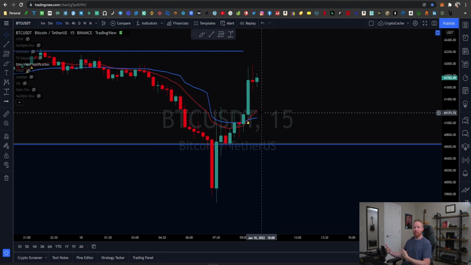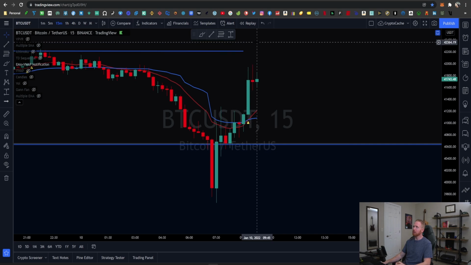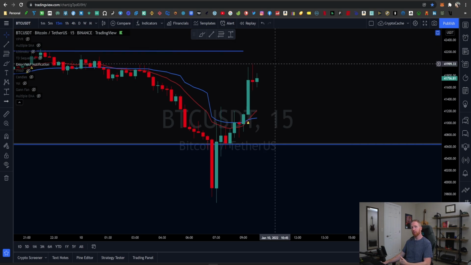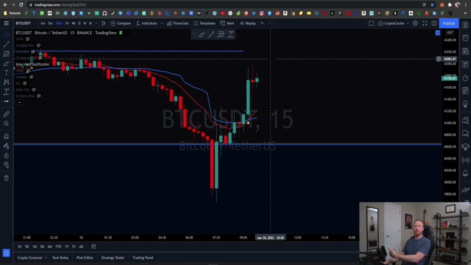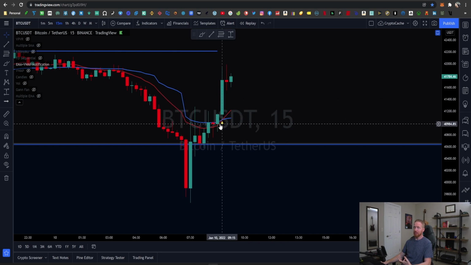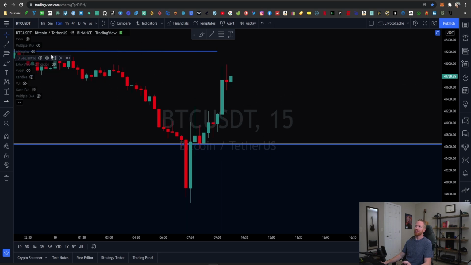How long that will continue is hard to say, but how high it will go is pretty likely going to stay under 43,000. I think once it comes up to this resistance channel here of about 42.2, we're going to get some significant rejection. The price will probably come back down, or if it breaks that plane, 43,000 should hold that in place as well. Because again, we got all the moving averages traveling above the price action right now. It's not a good sign. And even though we have a very tentative buy signal here on the short-term time frame, that's still not enough to feel good about, right?